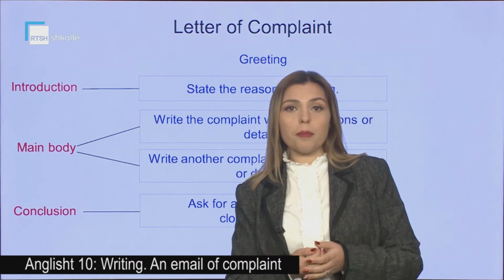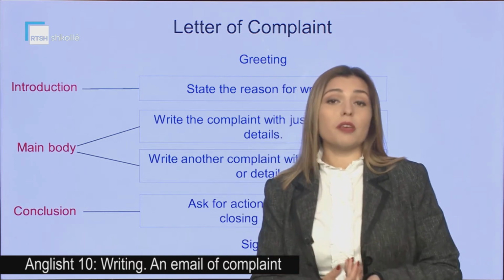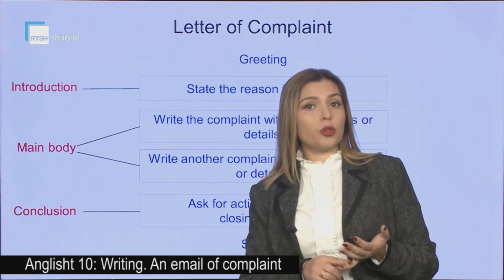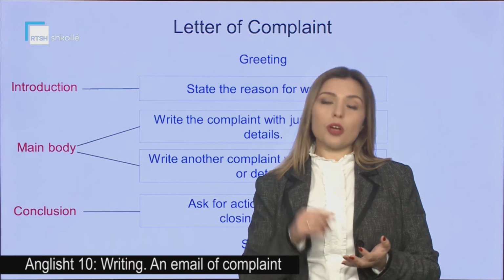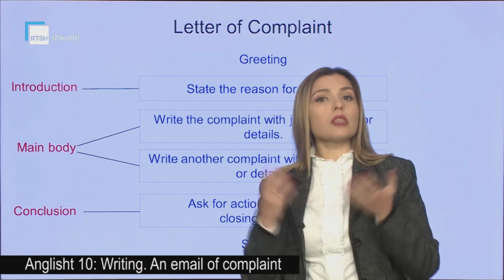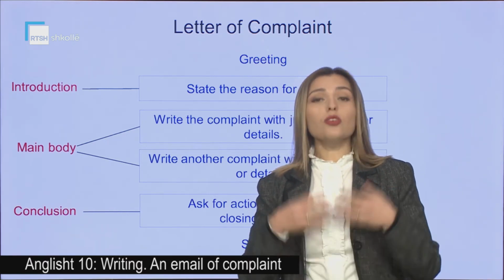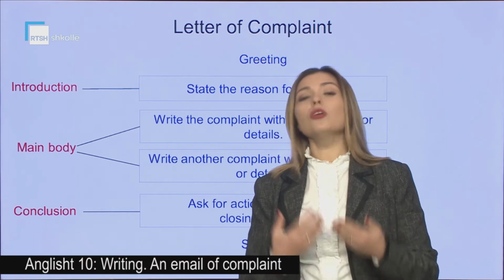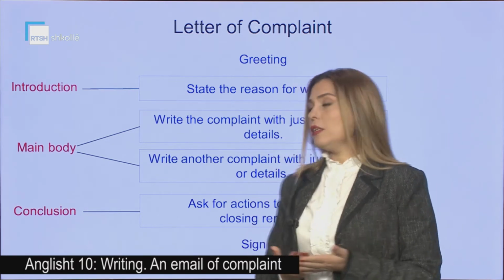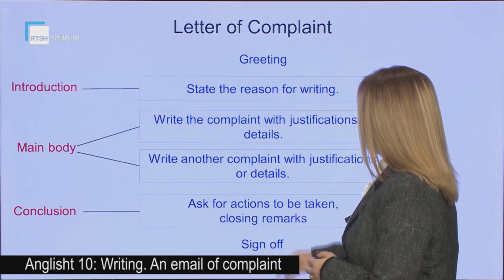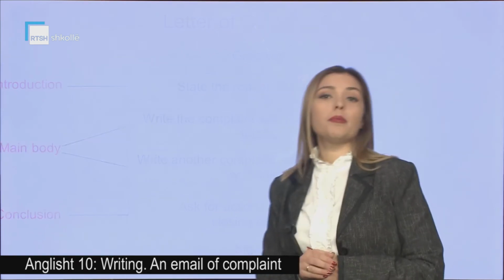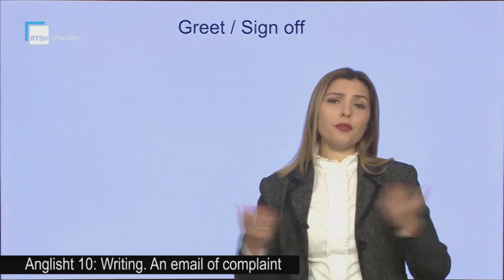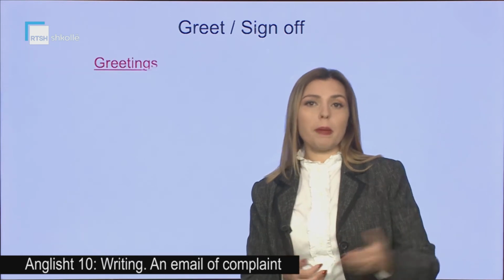We want them to give our money back, so we want to get a refund. We want a replacement. We want something else. We need to write it down. What do we want to be done? And in the end, of course, we sign off with our name,